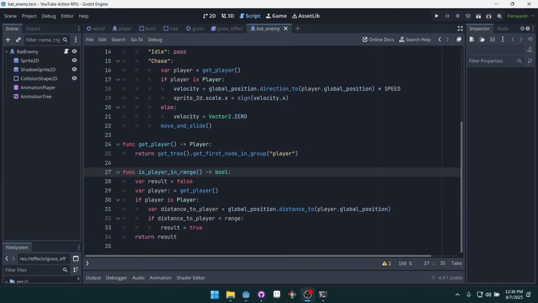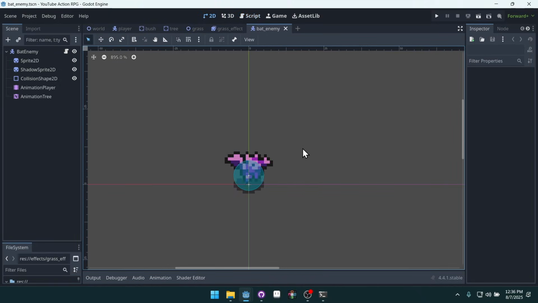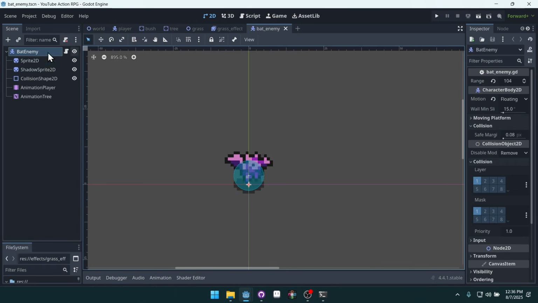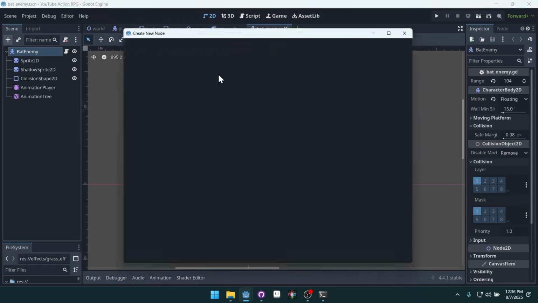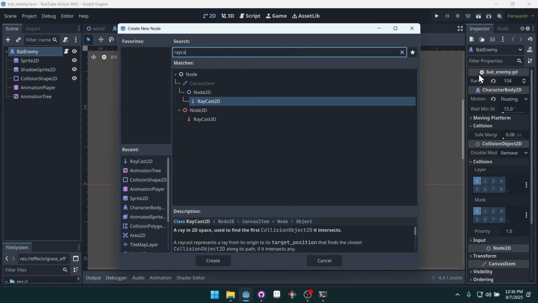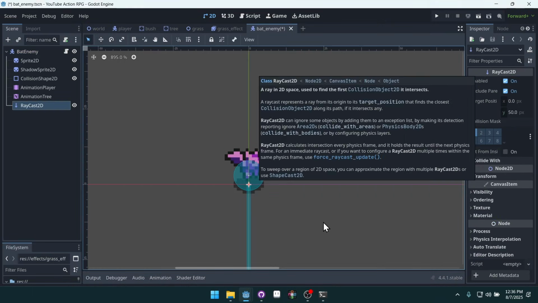Now it's time to start implementing line of sight. Come into your bat enemy, and we're going to do this using a raycast. A raycast is just kind of like a laser that shoots out from a certain point and toward a certain point, and it looks to see if there's anything that it detects between those 2 points. We can add a new raycast node to our bat enemy like this, raycast 2D,